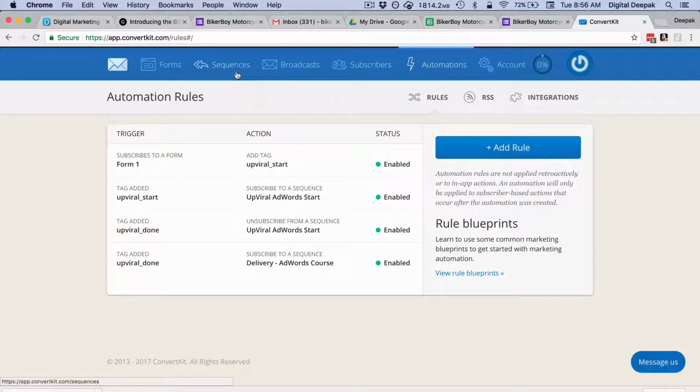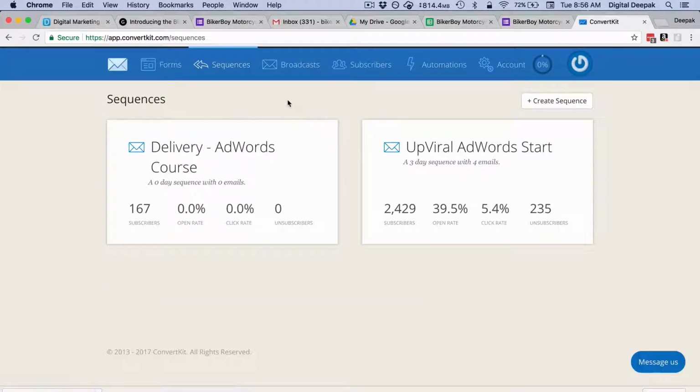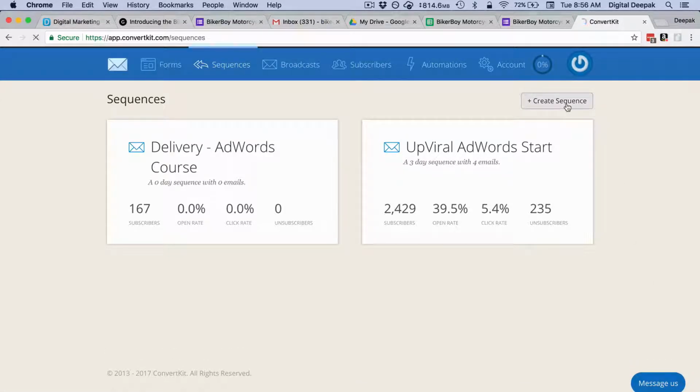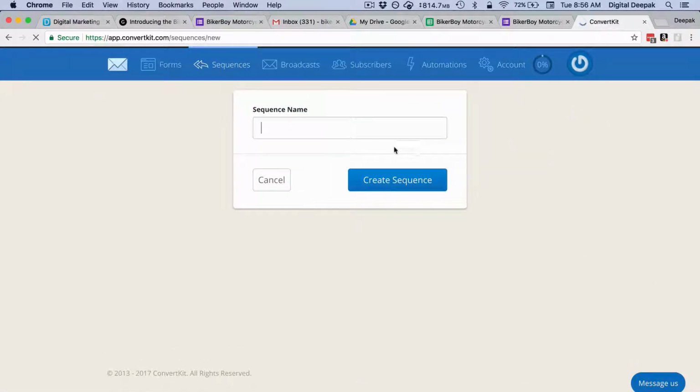So first I have to go ahead and create a sequence for that. Sequences are drip sequences. Some people call it drip marketing mail sequence, or drip message sequence. It's all the same. So I will create a new sequence, and the sequence name can be Biker Boy Motorcycle Club. I will click on create sequence,